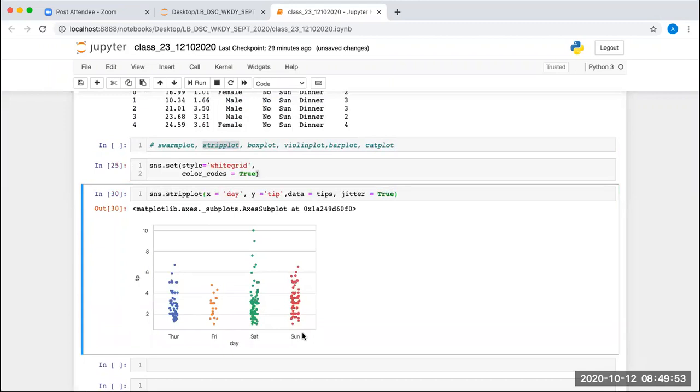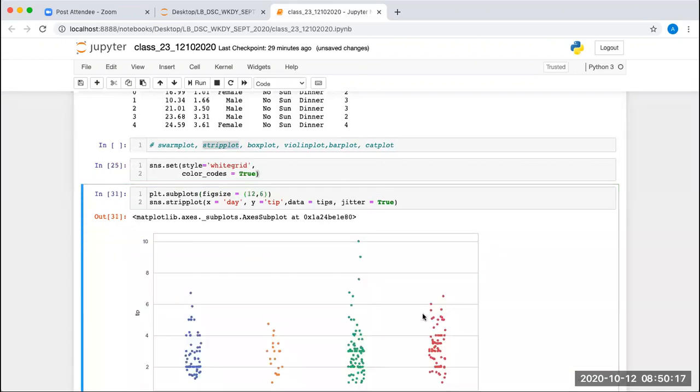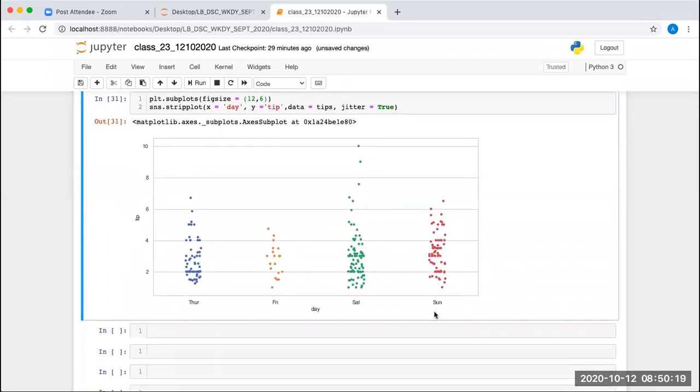And also you can set the figure size, let's say plt dot subplots. If you want to see these points quite clearly visible, then you can use this figsize attribute, and you can use a bigger size. So if I use 12,6, let's see how it is coming. So it is coming like this. Now the points are quite clearly visible, but still a few points are overlapping. Correct? Still here you will see that points are overlapping at some positions, right?